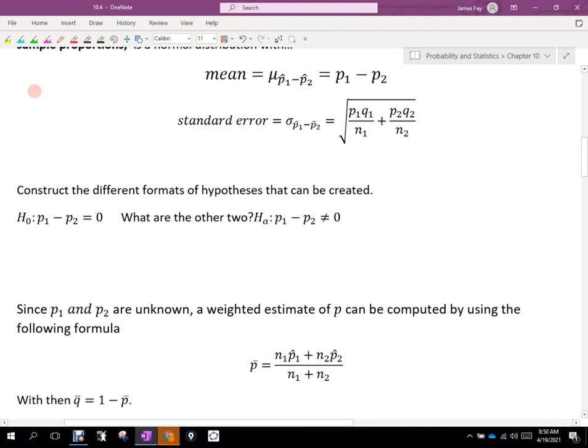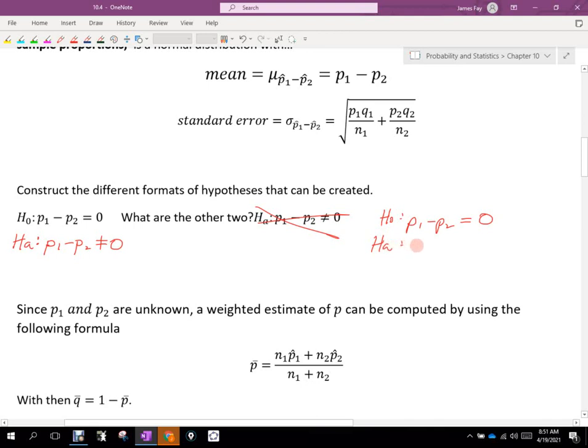Okay, so if there is no difference, then H sub A, and again, I don't know what's going on with the formatting in this. This was all correct in Word. This got moved, so I'll put it down over here. H sub A could be P1 minus P2 not equal to 0. We could have H sub 0, which is P1 minus P2 equal to 0,